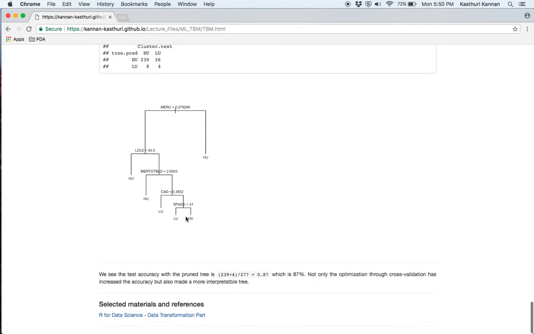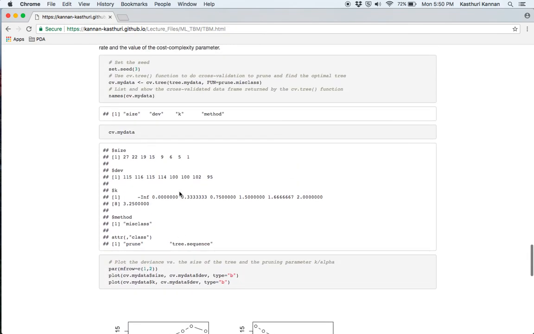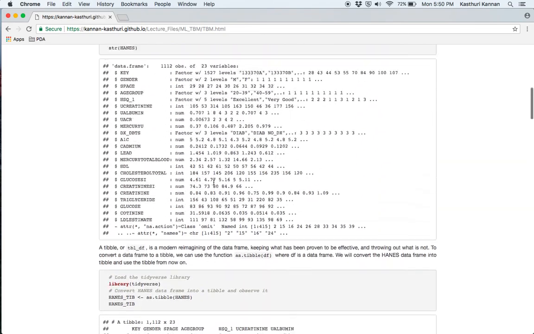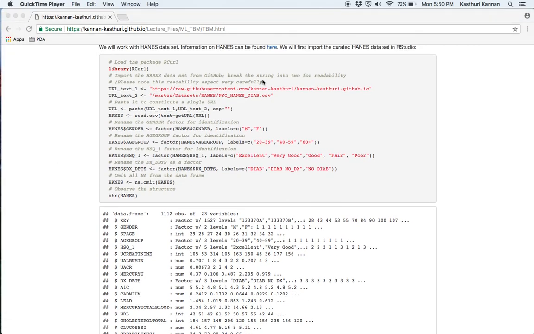So this is one of the examples of how to go about using classification trees for your data set, how to go about finding an optimal tree for your data set. So you can try similar things with your own methods. The code is pretty simple. All you need to do is change this to your data set, and you can run through this pipeline, so that you can follow that. And also I will briefly show you